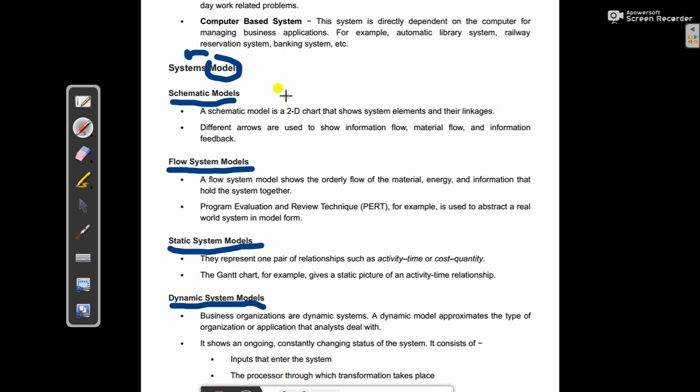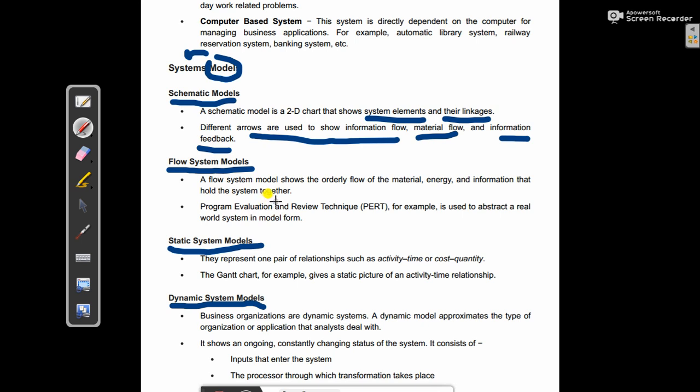That schematic diagram needs to be there, and it shows system elements and their linkages, connections, interconnectivity or dependencies. There will be some specific notation, like arrows used to show information flow, material flow or information feedback. And the second one is the flow system model, like when we do some C programming or C++